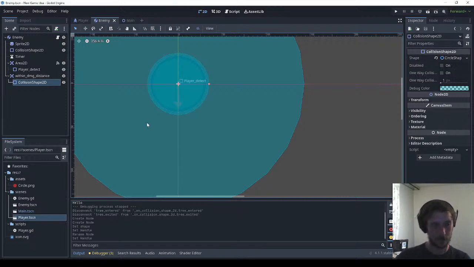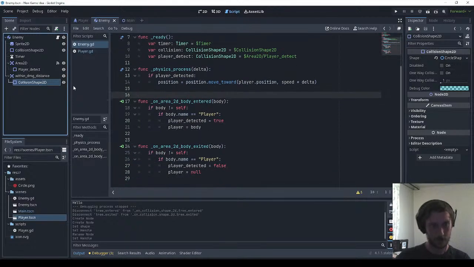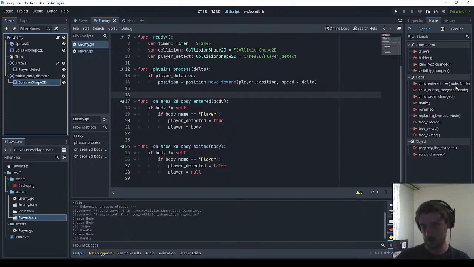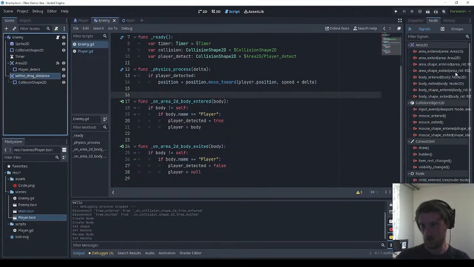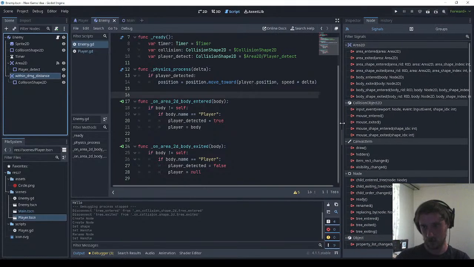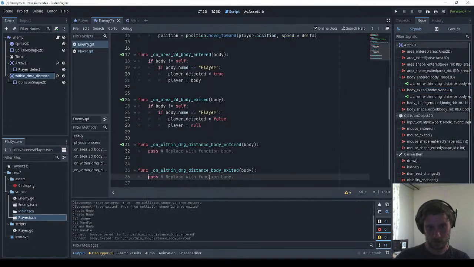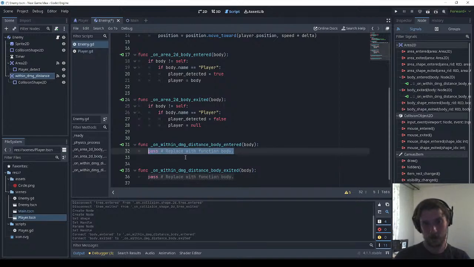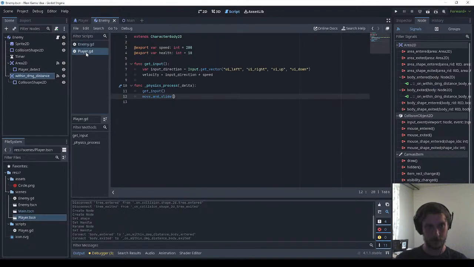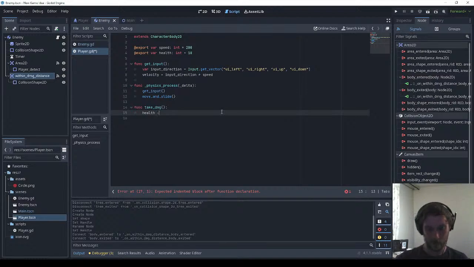Because what we want to do is we want to take a signal here, and at that point we want to access the player, and we want to say take damage and